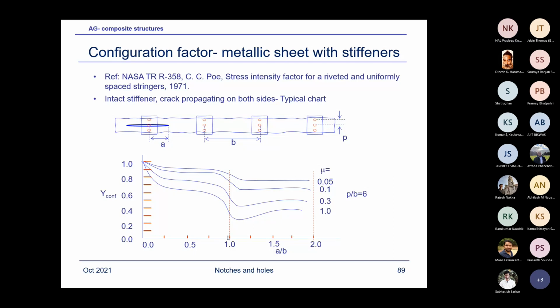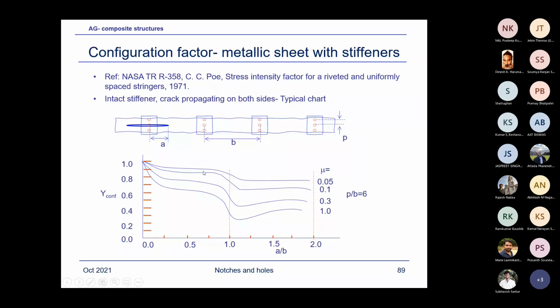Now, if you see this reference or the fracture mechanics book by Broek or any other book where they talk of the stiffened sheet for the metals, you can get the idea of this method. Now, what this is showing you: this is a large panel with several stiffeners, and the stiffener spacing is B, the semi-crack length is A. So the configuration factor, which is plotted from Poe,